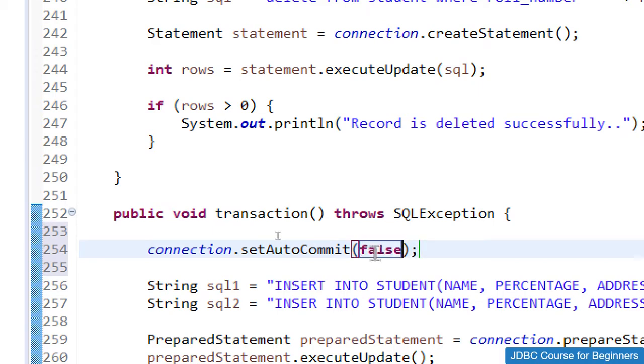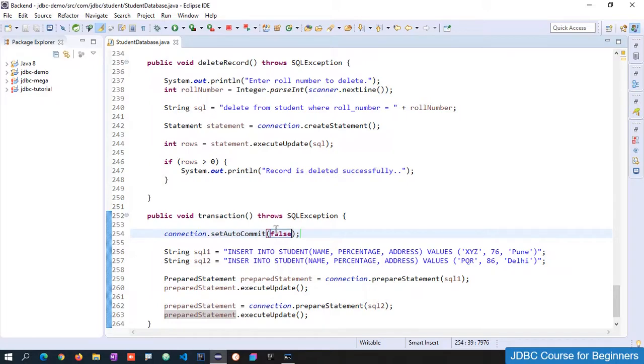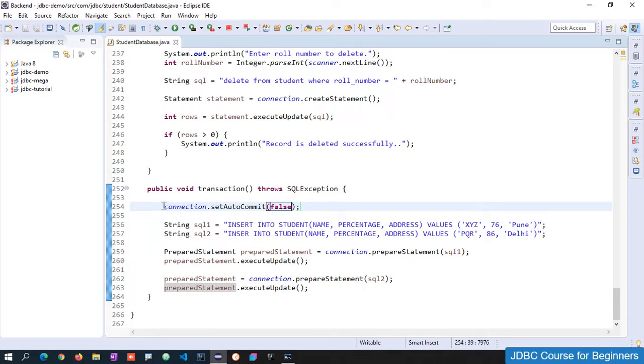We are telling JDBC not to commit everything automatically, and that I'll tell you when to commit. Now we have set the auto commit as false, so we just need to tell JDBC when to commit.